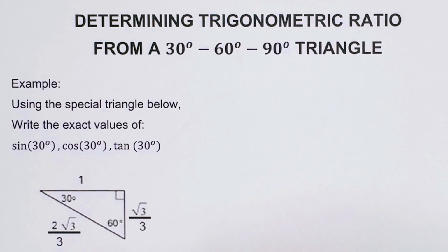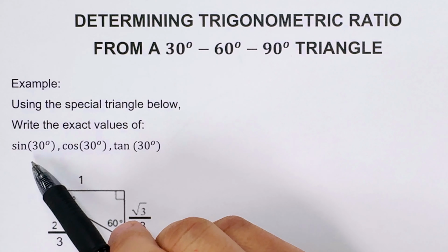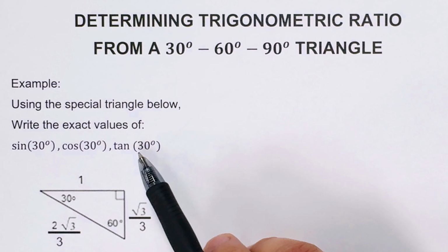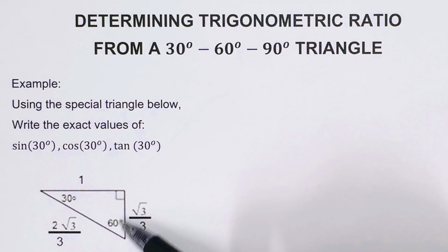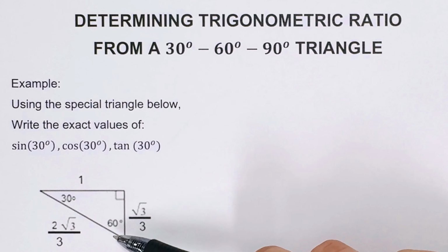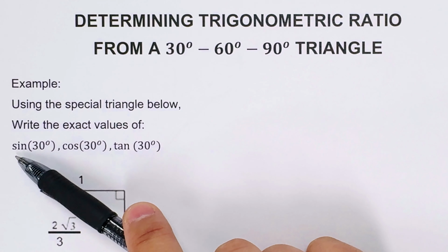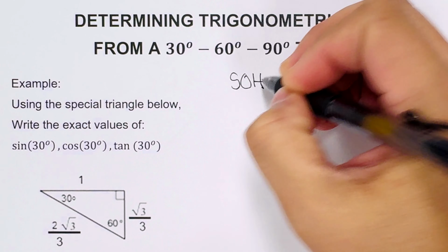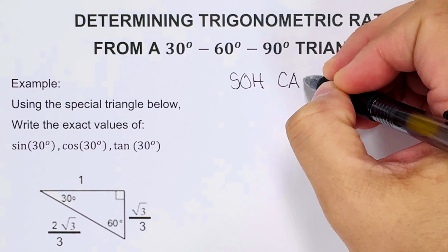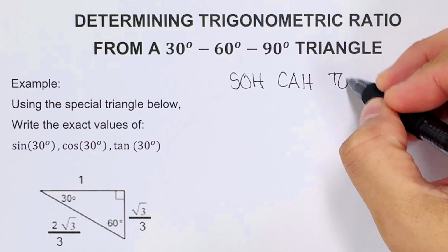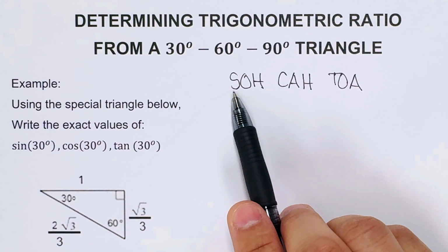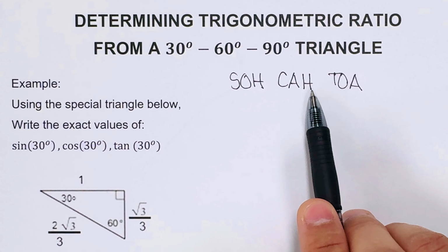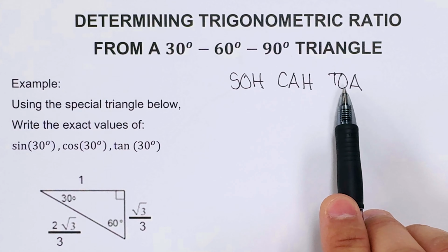Okay, in this problem here, we're supposed to determine the exact value for sine 30, cosine 30, tangent 30. And we are given this special right triangle values. That's a 30, 60, 90-degree triangle. To determine the sine, cosine, tangent, we're going to use the SOHCAHTOA formula. That's sine for SOH, cosine for CAH, and tangent for TOA. So this means sine is equal to opposite over hypotenuse, cosine is equal to adjacent over hypotenuse, tangent is opposite